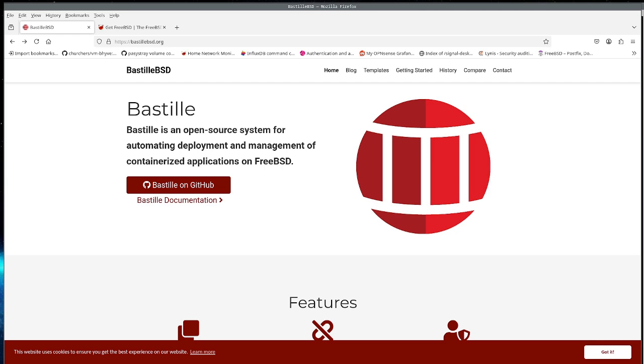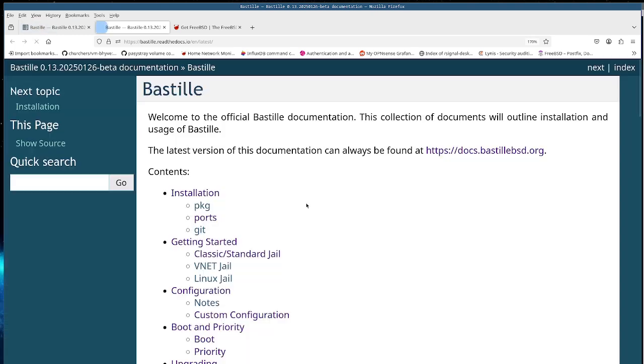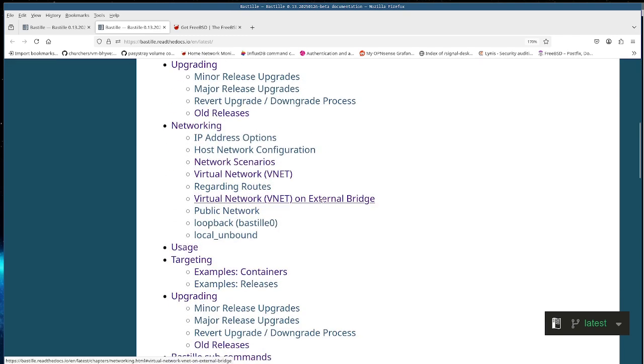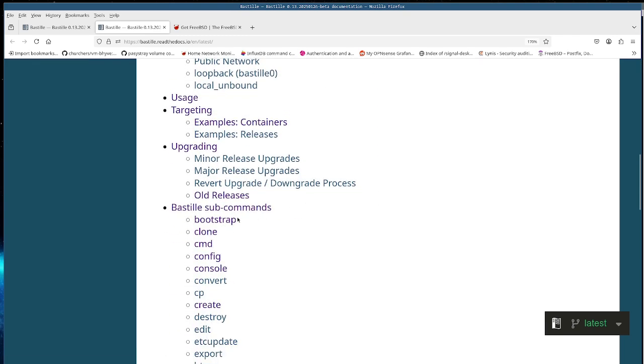Today I want to talk about releases and bootstrapping the system. If you look, I'll have up the Bastille BSD website, bastillebsd.org. There's a link to the documentation. This will get you to the latest documentation. If you look at the table of contents, we have pretty extensive documentation. If you look at the bootstrap command,